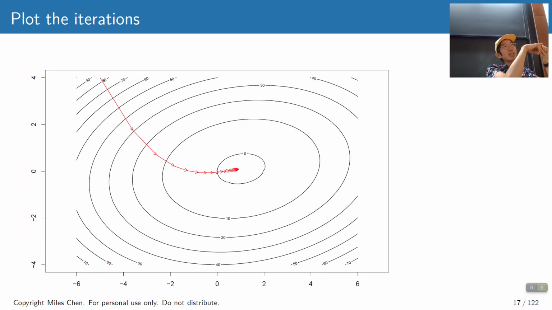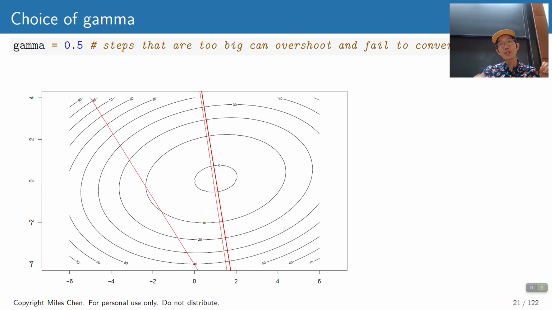So normally what we would expect is you take a step downhill and you end up in a place with a shallower slope, so your next step is smaller and your next step is smaller and your next step is smaller. That's what we expect. But over here, we've taken such a big step that we end up on the opposite side, and not only on the opposite side, but in a location where the slope is even steeper. So when we calculate the gradient, it says, oh, you need to take an even bigger step in the opposite direction. And so now you're bouncing back and forth, and it diverges,